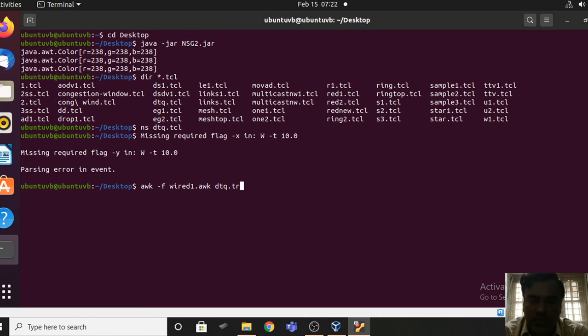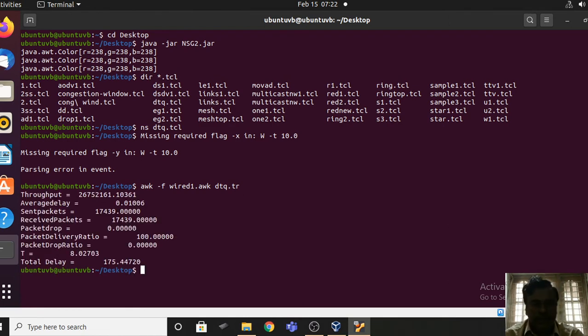So awk scripts are used to analyze these trace files. So I'm using that trace file name: awk -f void1.awk and the name of that trace file.